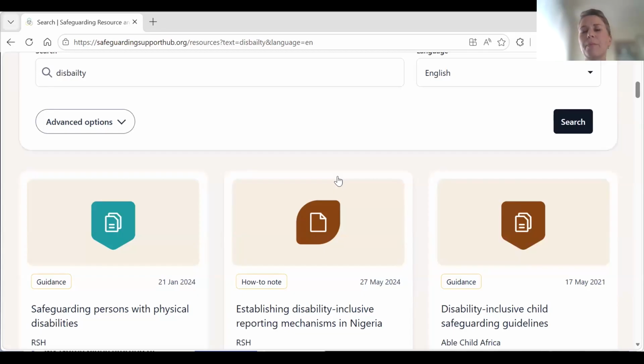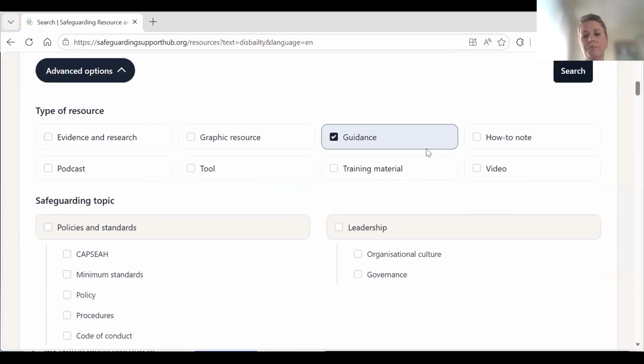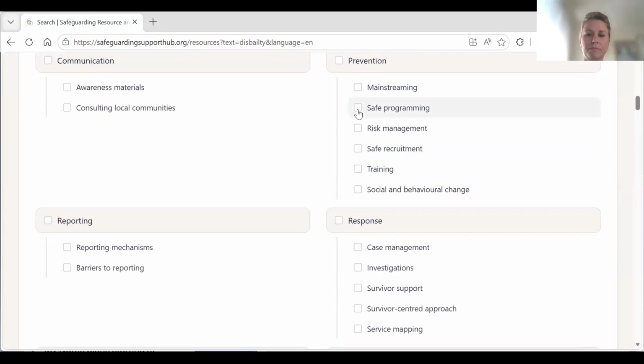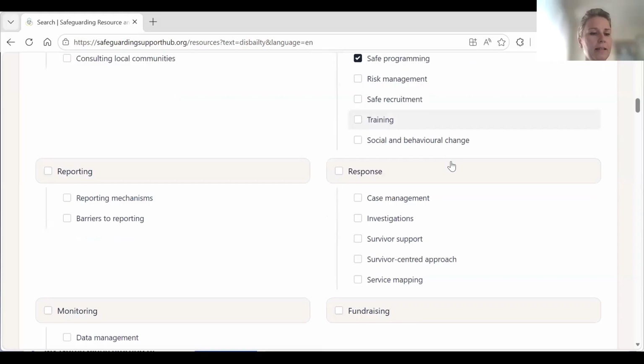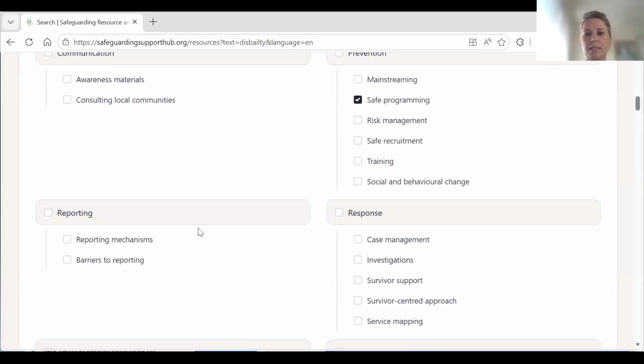Now let's say that I'm a bit more strategic in my search, and I know more what I want. I can filter this further down through the advanced options that I can open here. So let's say, still staying with disability, I want guidance on safe programming, let's say, and related to Bangladesh in the topic of disability.